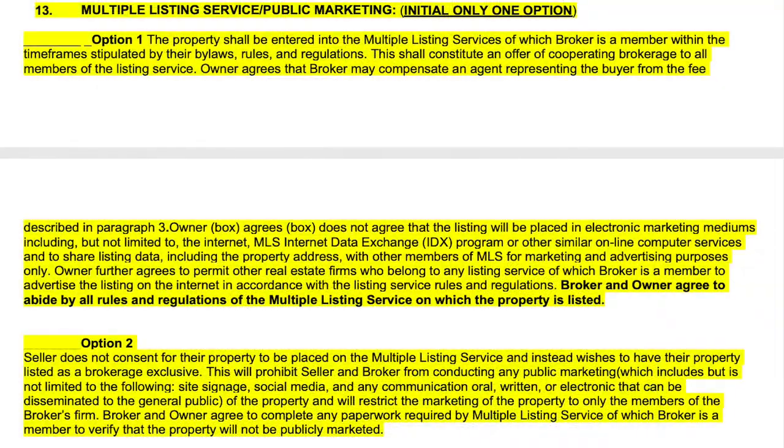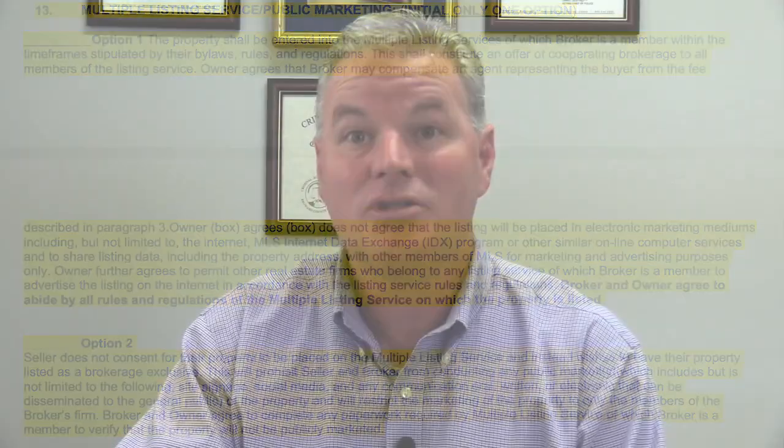Now, if you're a member of other MLSs, there are multiple other rules across the state for how many days or how you should get the property into the MLS over the time frame, okay? So you need to check with them, but let's read that last line one more time. Broker and owner agree to abide by all rules and regulations of the multiple listing service on which the property is listed. So just make sure when you list a property, you understand the rules and regulations of your local